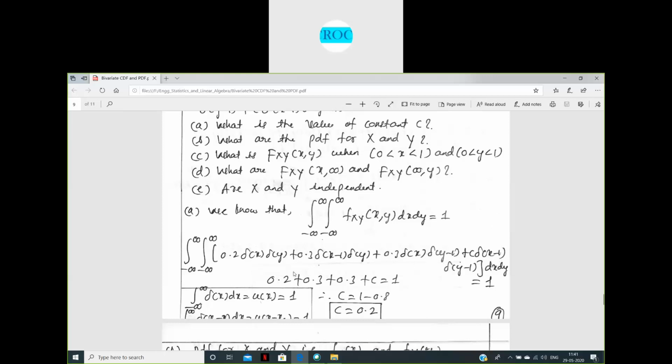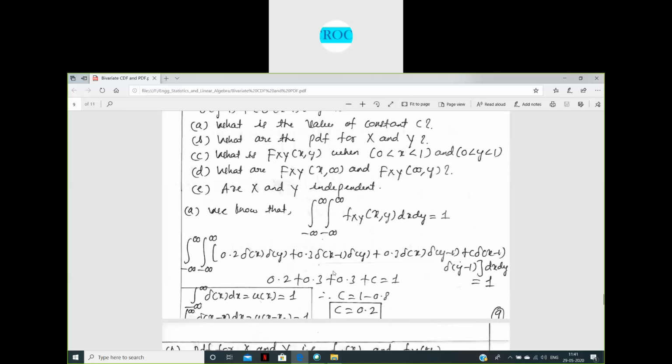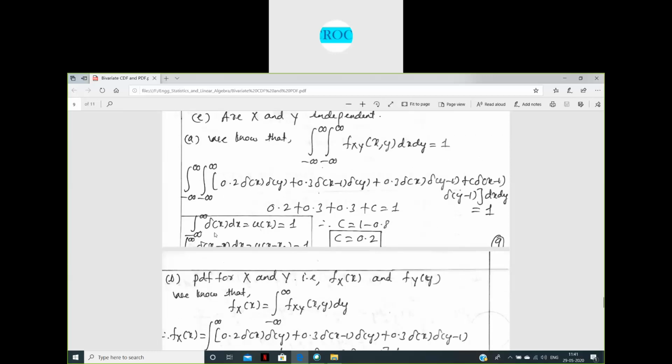In order to work with this problem, we use two formulas. What are the two formulas? What we use is integration from minus infinity to infinity of delta x dx. Now, the integration of the impulse function is nothing but the step function, and the step function is equal to 1. And also the integration of the shifted impulse function, what we have is delta of x minus x naught, dx. Now for a shifted delta function, it is equal to what we have?